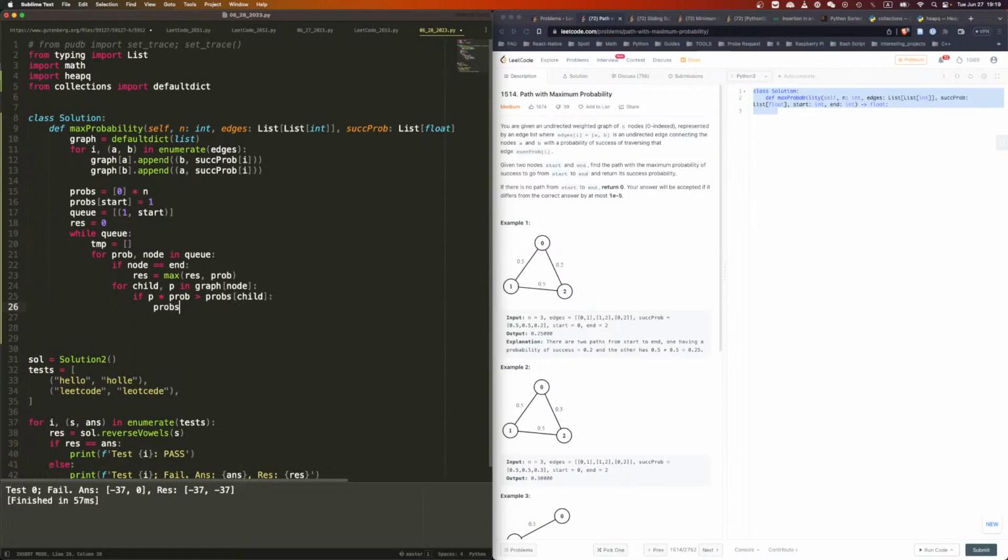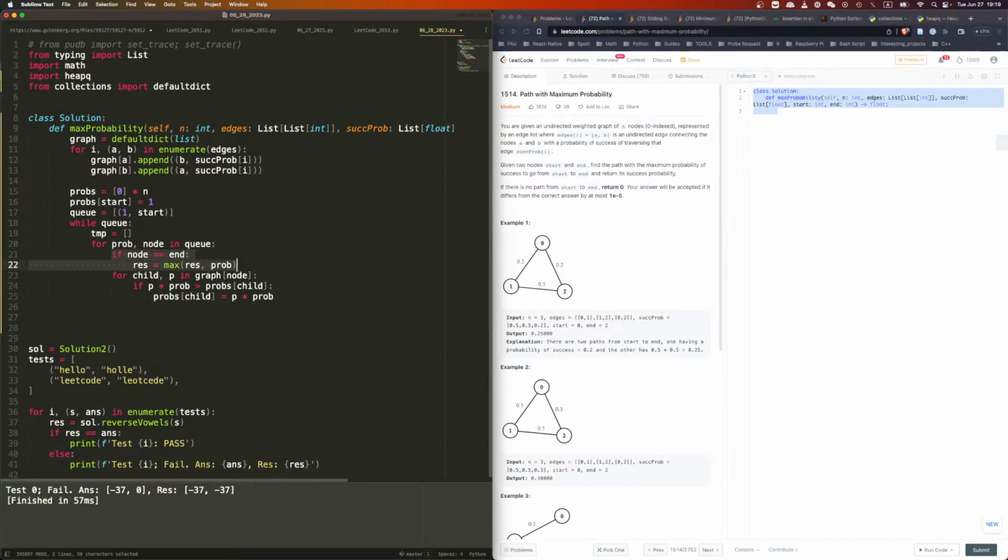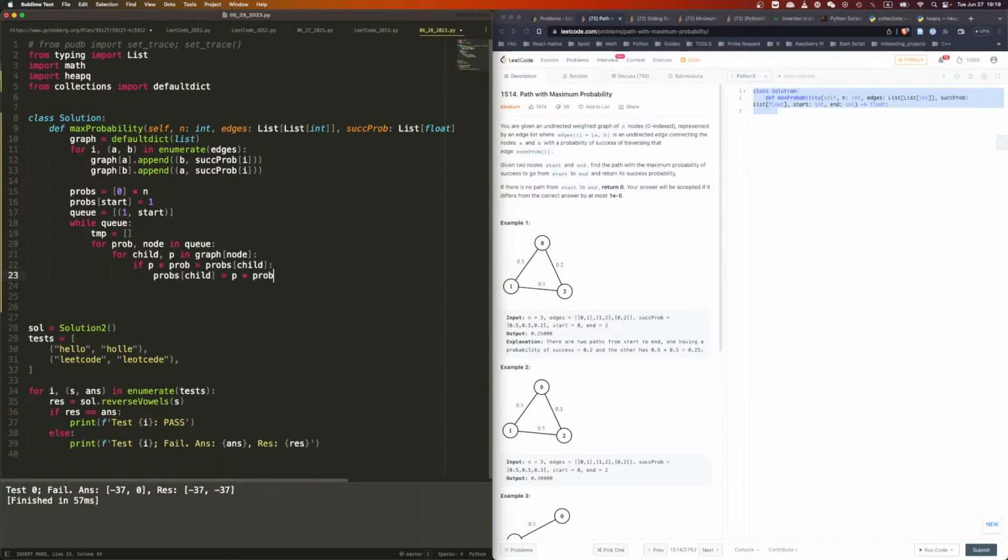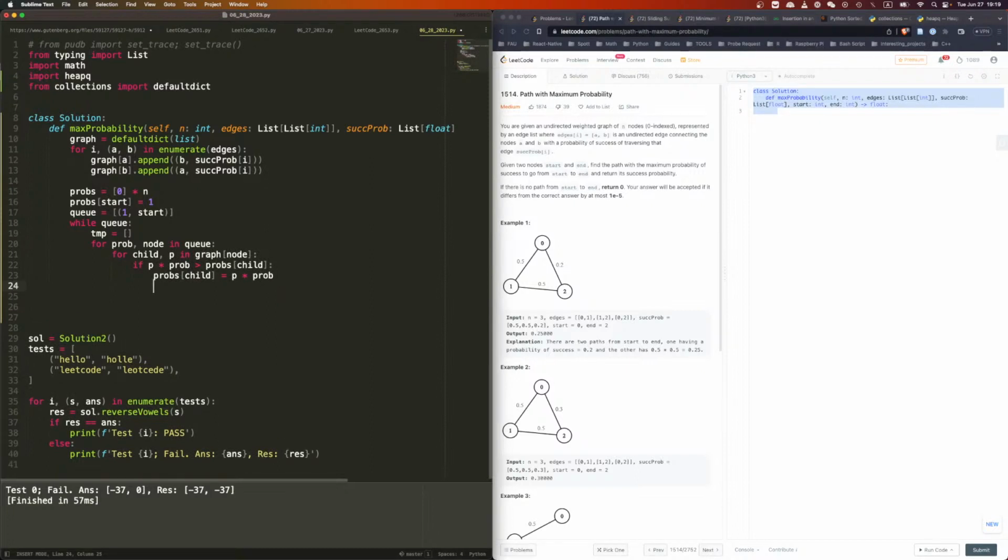Then probs child shall equal to P times prob. Okay? In fact, I don't even need to do this. I can just return the prob, so I don't even need this. Okay? Times probability. And then we're going to say